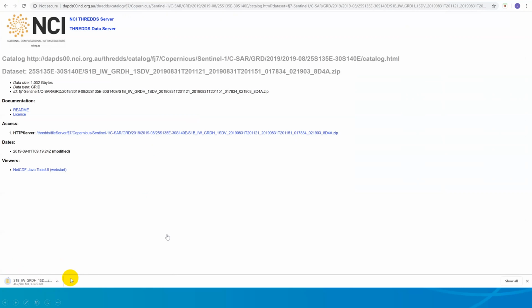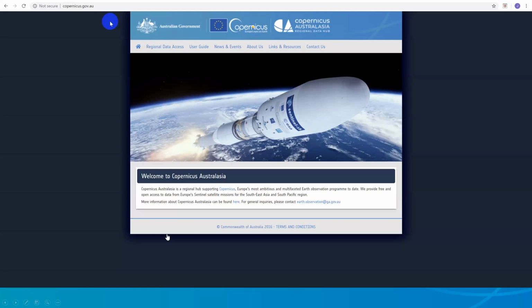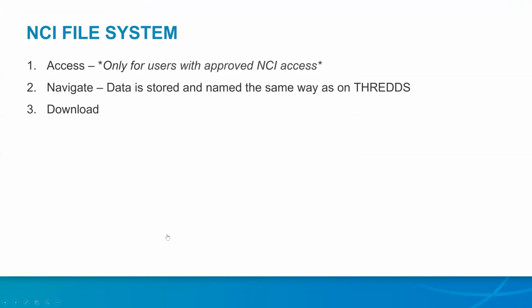So that's it for the THREDDS server. It's pretty straightforward, but you do have to know about the file naming. And then quickly an overview of the NCI file system. So registered NCI users with the relevant project permissions